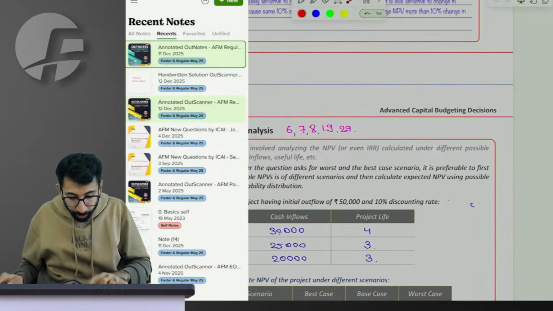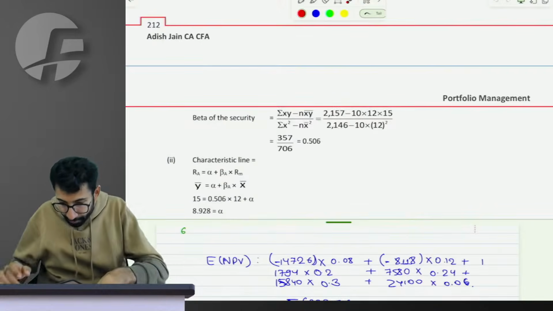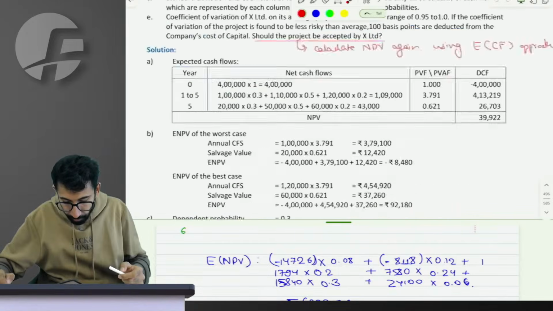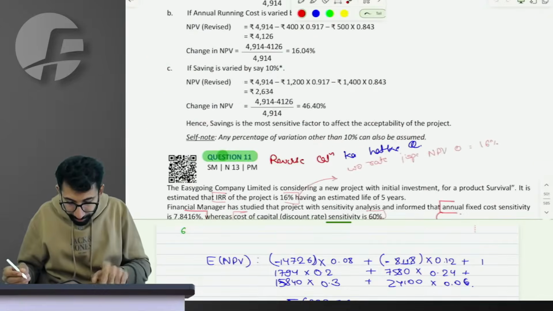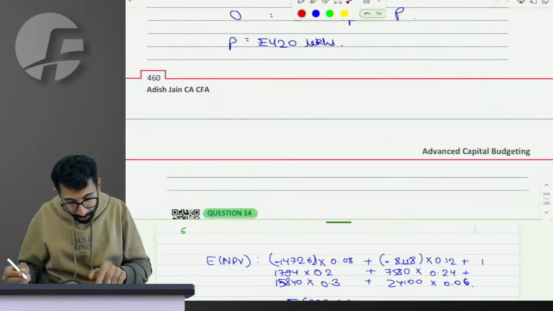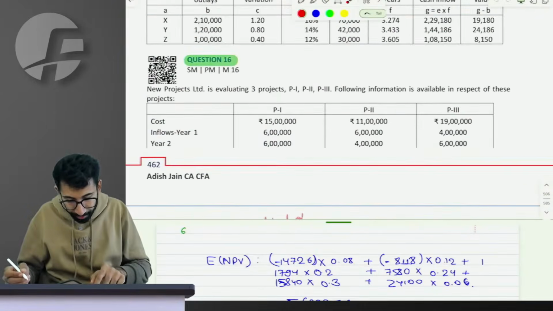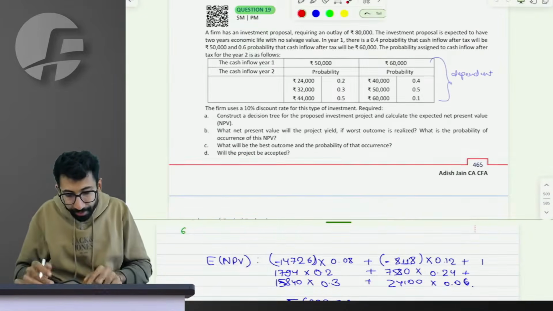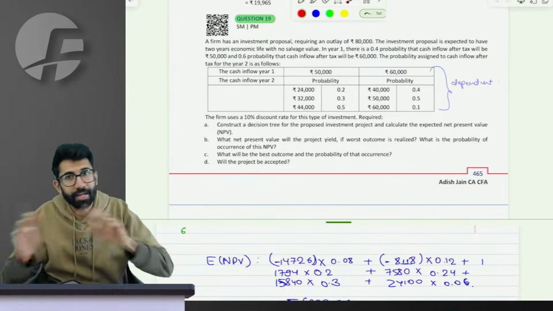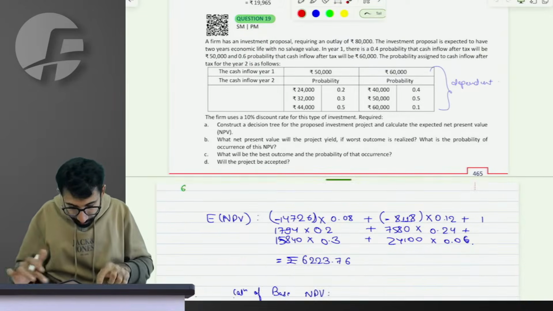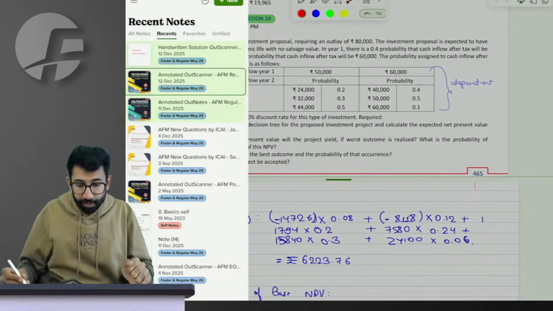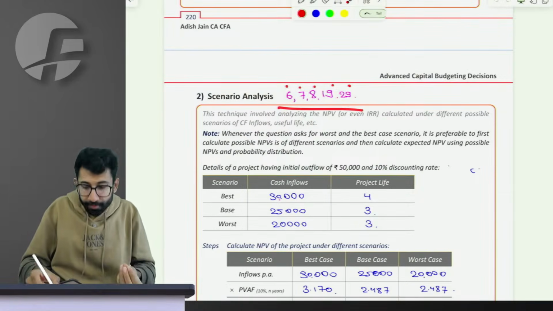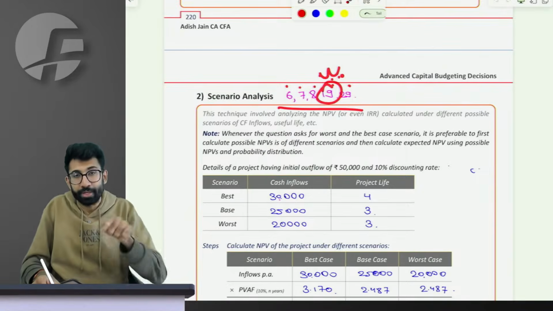Next. So let me tell you one particular thing, really important. There is a possibility that you all might find the question sequence for advanced capital budgeting to be really different from what you see in the video. Frankly, for all other chapters the sequence is really set. For advanced capital budgeting, the questions are actually all jumbled up. For instance, scenario analysis questions are questions 6, 7, 8, 19, 20. You are right now watching this video where in the OutScanner the 19th question is what we have done.